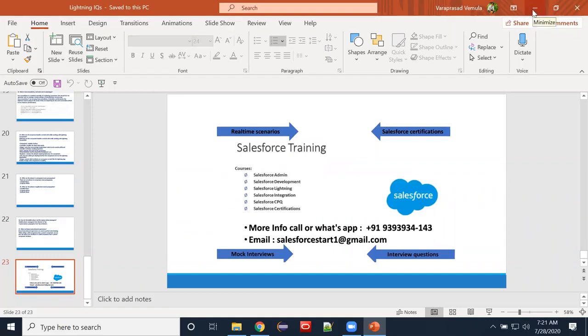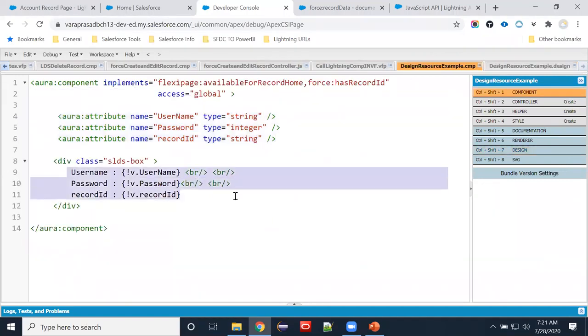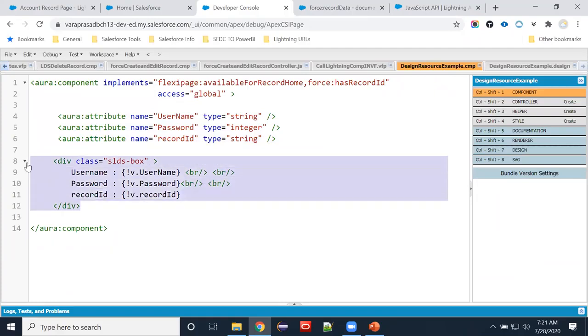By default, for example, here we have a declared attribute. So is this a bound expression or unbound expression? By default, we have declared it here, right? Unbound.